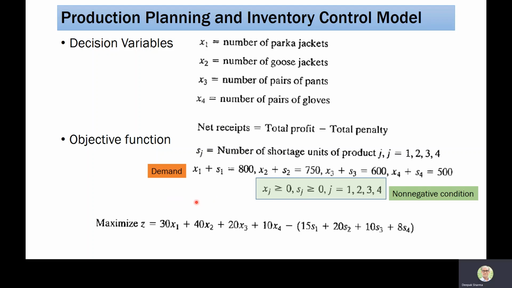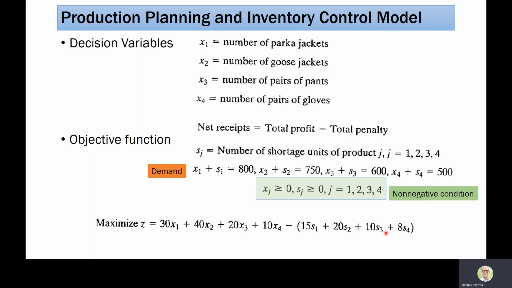Now, what is our objective function? We know how much demand we are satisfying, the amount which we are making, and that will give me the profit. So based on the unit profit given, we can see the maximum Z equals 30x1 plus 40x2 plus 20x3 plus 10x4 minus